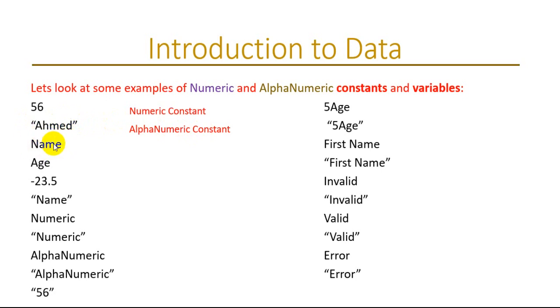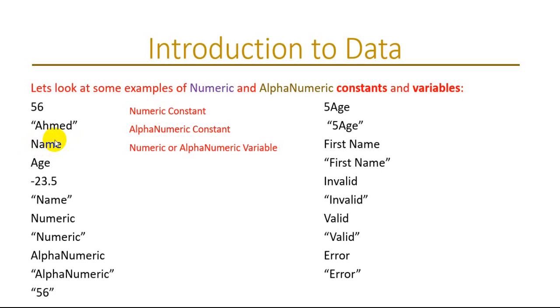Okay. Next example, name. Let's look at the word name. This name is not a number, right? It's not a number. It's not 3 or 4 or 5 or 6 or 10 or 100 or anything like that. And it is not within quotes. So it is not an alphanumeric constant either. So this is actually a variable name. Okay, the name itself is a variable's name. Okay, and this variable name